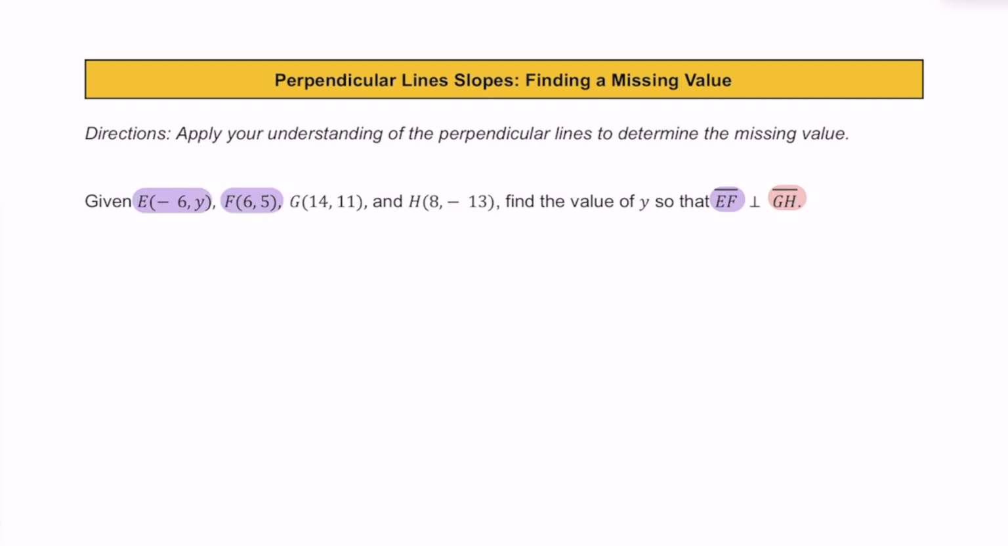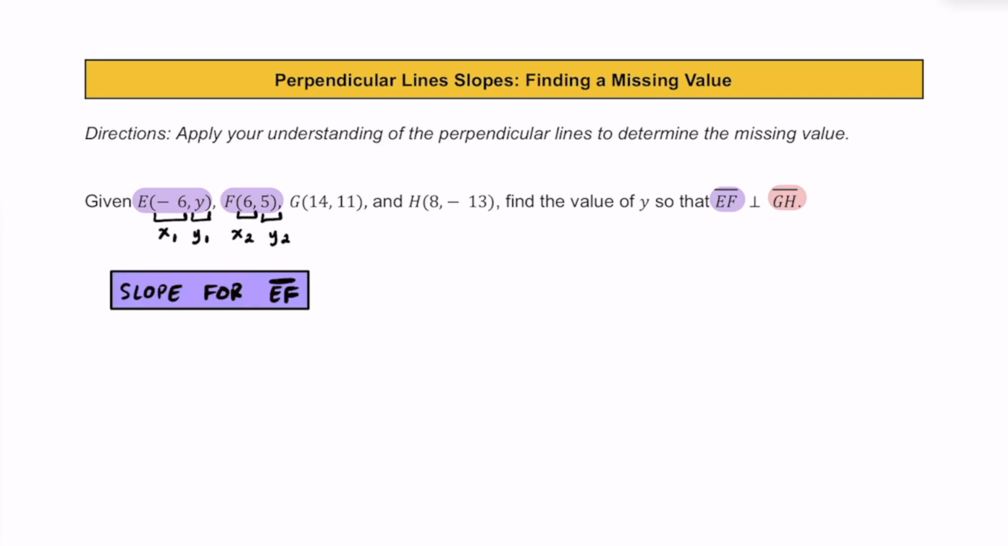We know we have these 2 points of E, which is (-6, y), and F, which is (6, 5). Let's call the -6 and 6 x1 and x2, and let's call the y and 5 y1 and y2. Let's use this information to find the slope for line EF. We can find the slope of EF if we find the change in y over the change in x. And so if we substitute in our values, we're going to have